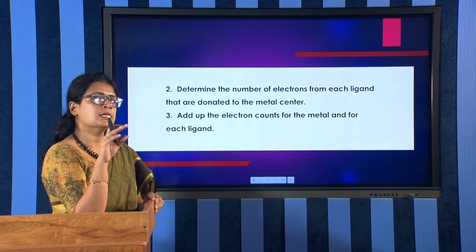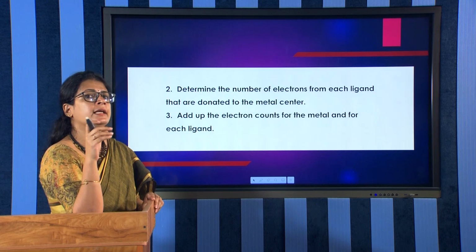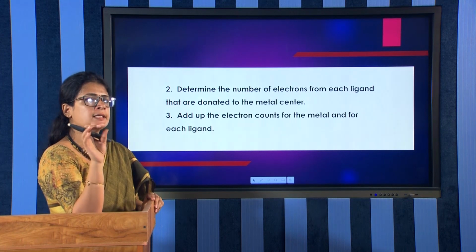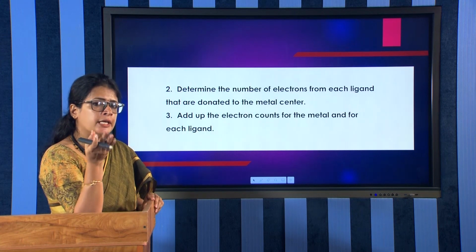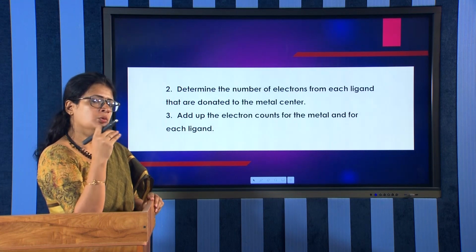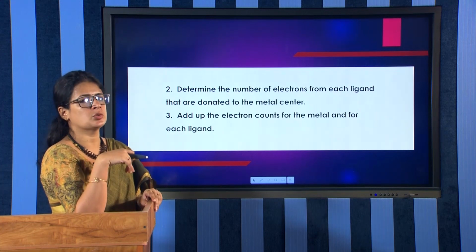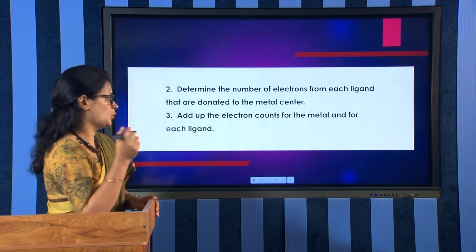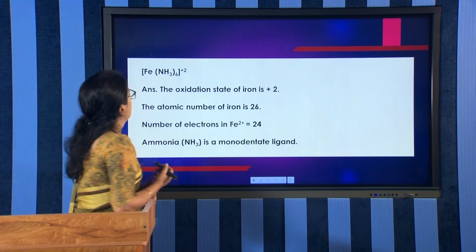The second procedure is to find out how many ligands are there in the complex and how many electrons are being donated by the ligands to the central metal atom. By understanding these two, you can just add these electrons to get the effective atomic number. And now you can explain another